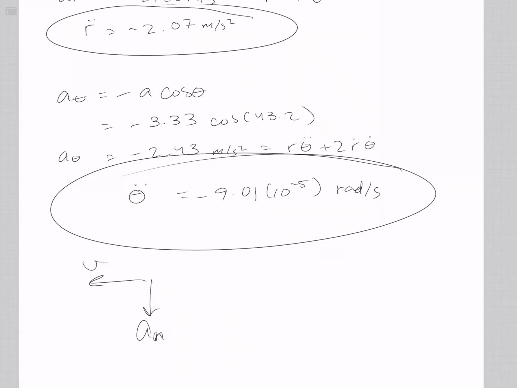So now we have converted from velocity and the indirect value that they've given us of a normal to values along r hat and the angular values that are